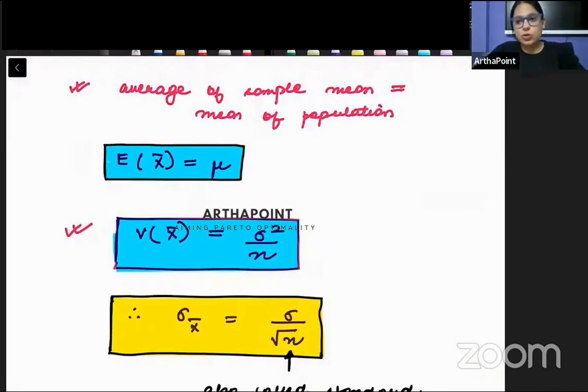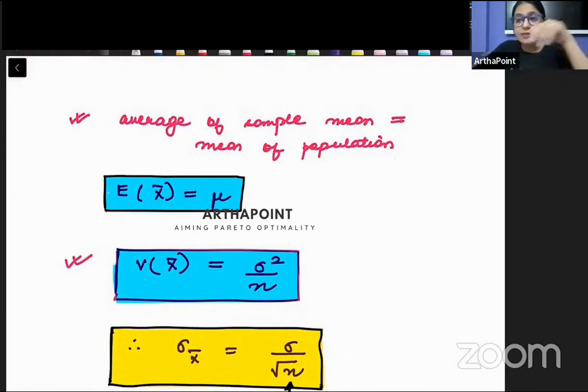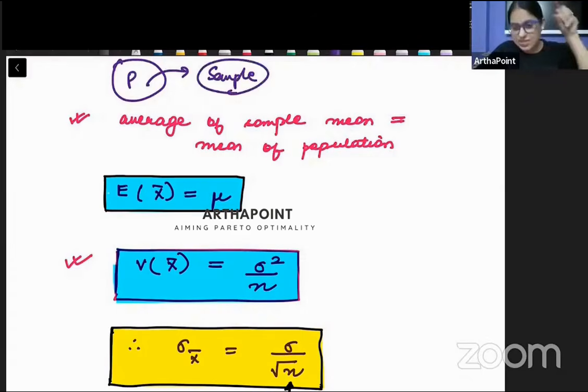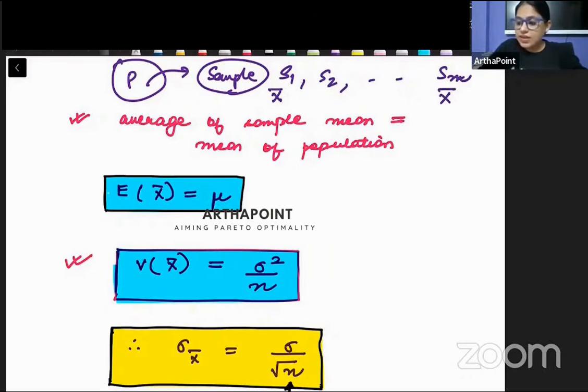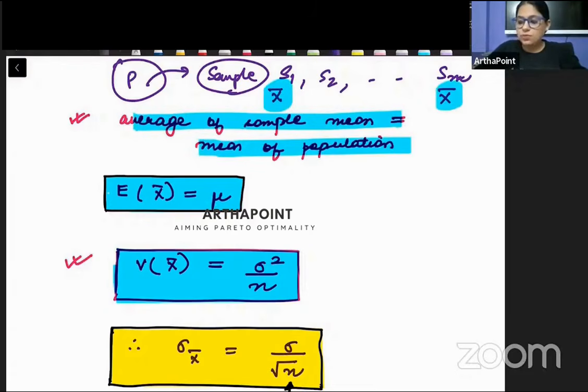Okay, beta. Now let us revisit the concept once. It is a very, very important concept. जितनी बारी देखोगे उतनी बारी कम है. So क्या कह रहे हैं हम, that if I have a population and I pick up a sample from this population, मैंने इस population से अलग अलग sample निकाले, sample 1, sample 2 and so on till sample n, और हर sample का मैंने mean निकाला, then if I find the mean of these means, it will be equal to the mean of the population.